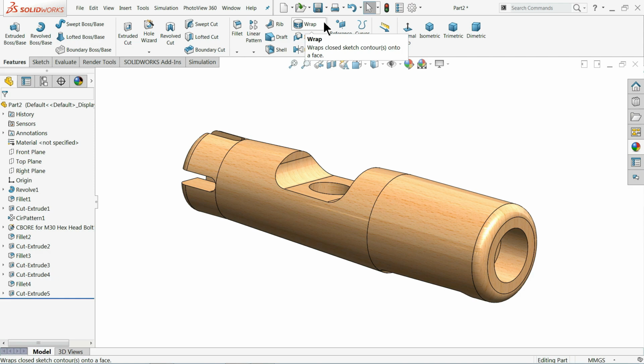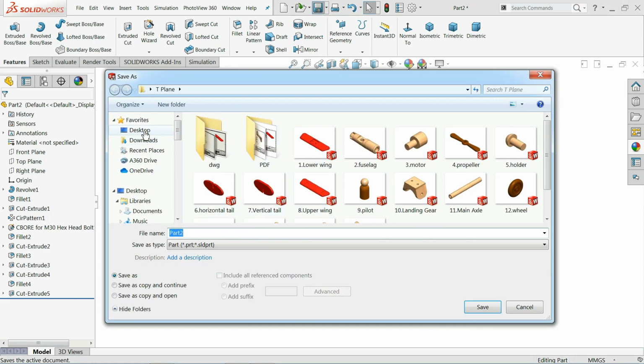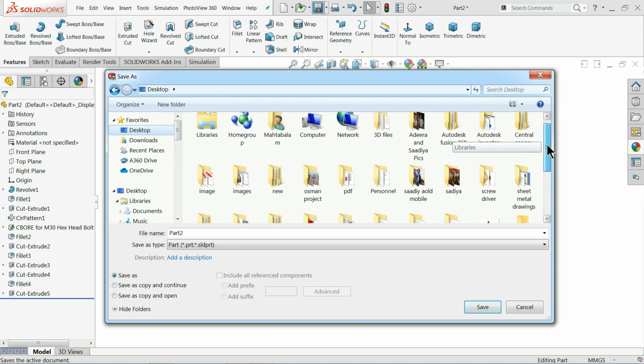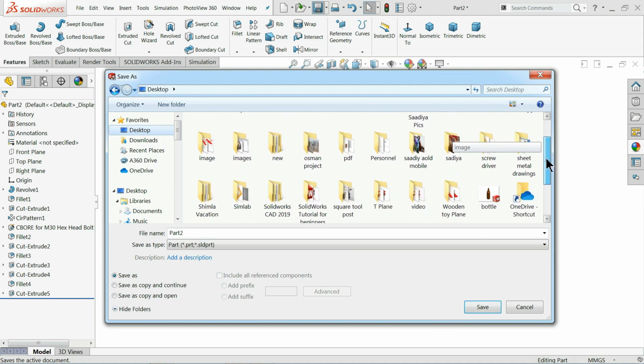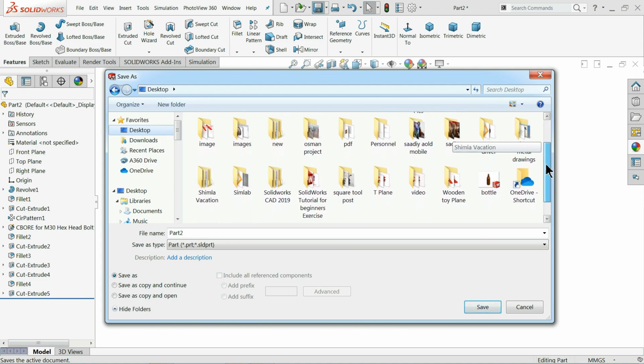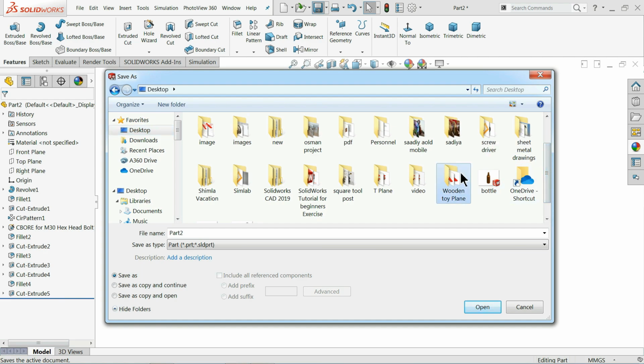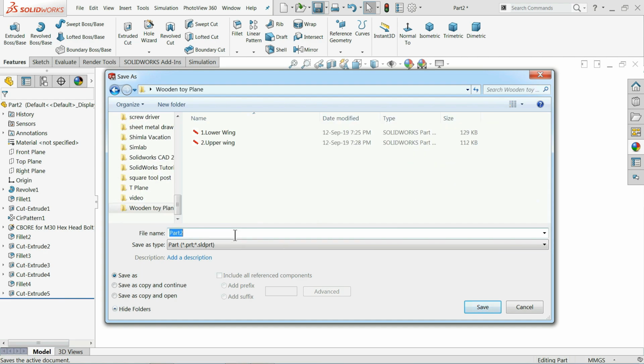Let me save this one. And this is our third part, we called fuselage.